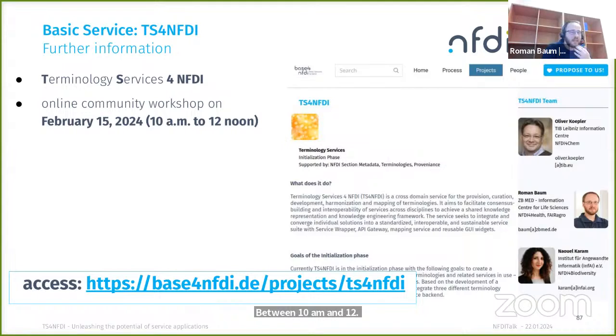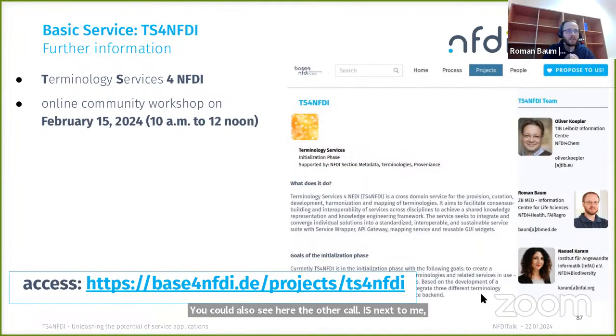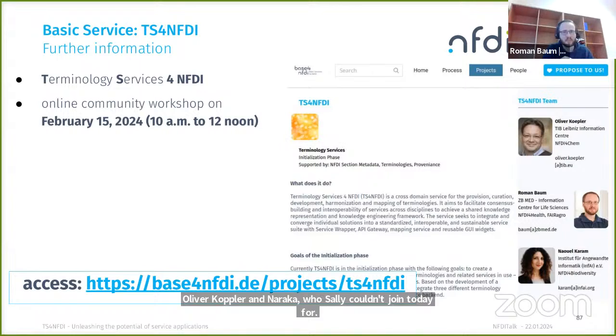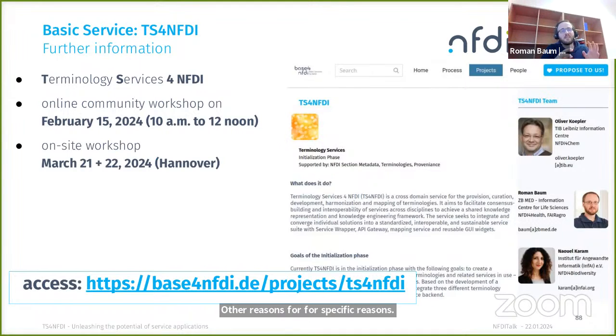You can also see here the other co-PIs next to me, Oliver Köppler and Naro Karam, who sadly couldn't join today for specific reasons. And after this online community workshop, where we want to focus on you and show you these use cases again, and also look at potential use cases from your side, we also want to have an on-site workshop where we work on that.